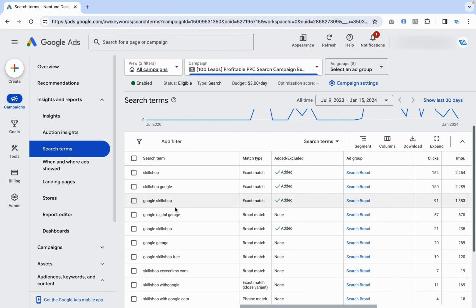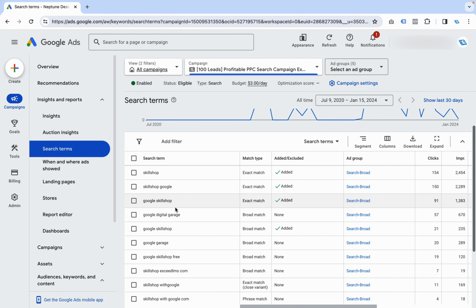So make sure that you monitor your search terms report once a month, if not every single week, because it's probably the place where you're going to lose the most money. So, for example, we had a lawyer who does motorcycle accidents, but we noticed that he was showing up on reports that said 18-wheeler accidents and DWI trucker accidents. So that's where a large portion of his budget was being wasted. So make sure you keep on monitoring these terms to make sure that you're showing up for the right types of searches.